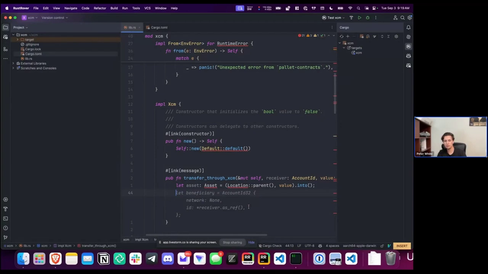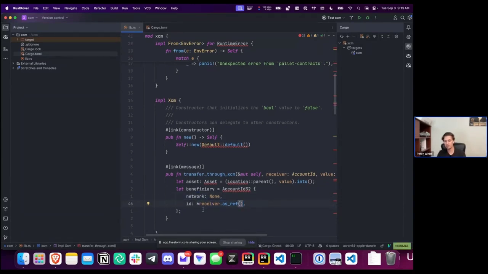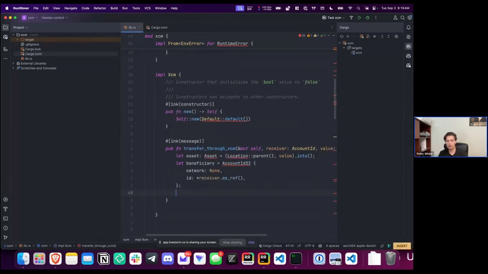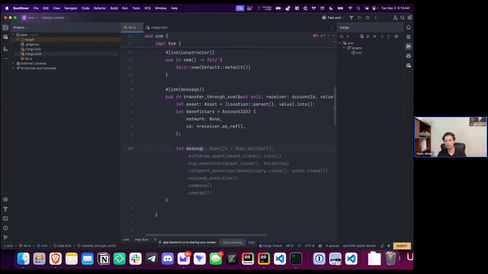So now we would do the beneficiary, which is an account ID 32. The network isn't important because we're just using it locally on the POP network chain. And then we have the actual ID of the person. And then we need to actually write the message. So these are just the parameters that are going into it. So message